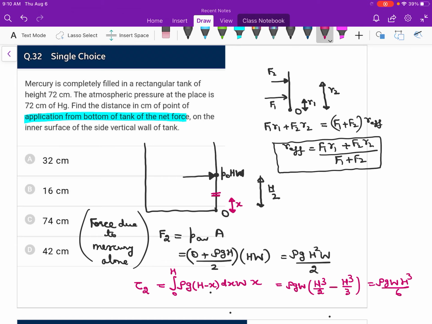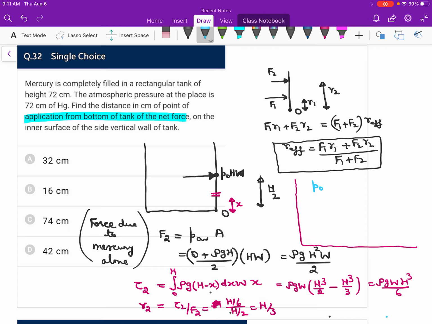This is torque 2, force 2 we know. So the perpendicular distance of the second force from O is torque 2 upon F2, which is rho g w h cube by 6 upon rho g h square w by 2. So rho g and w cancel, h square cancels, so this is h by 6 upon h by 2, so that is h by 3. So now the effective point of application of the combined net force is